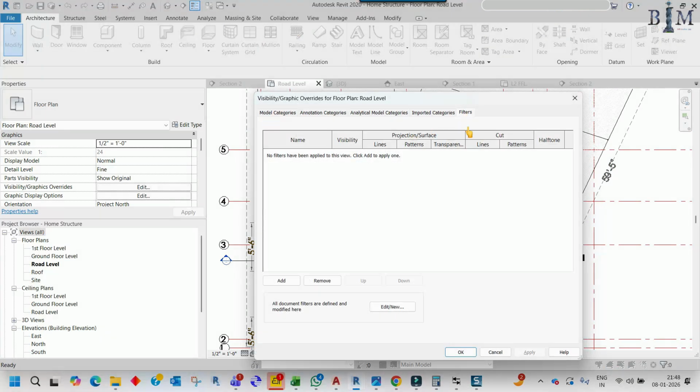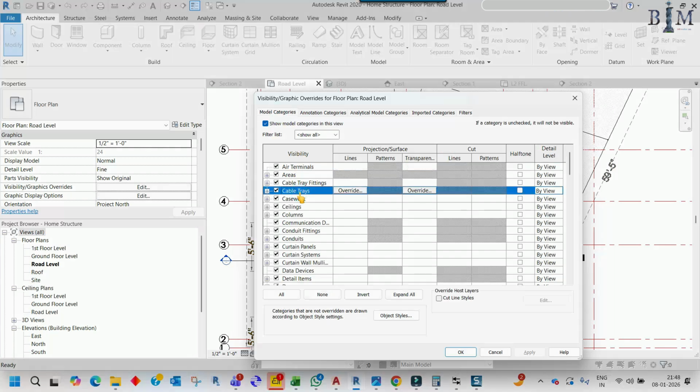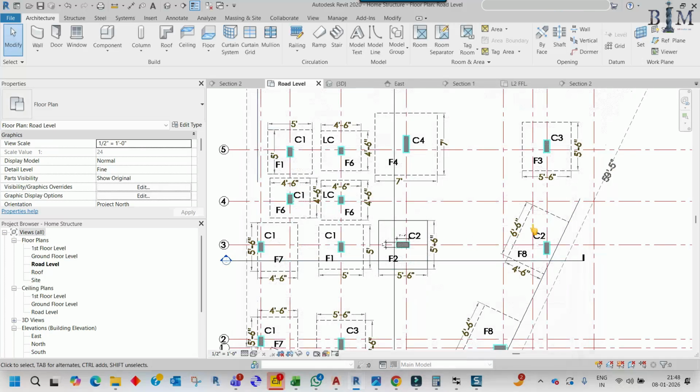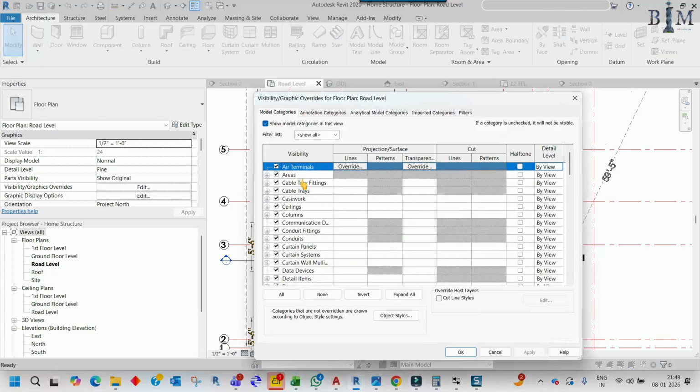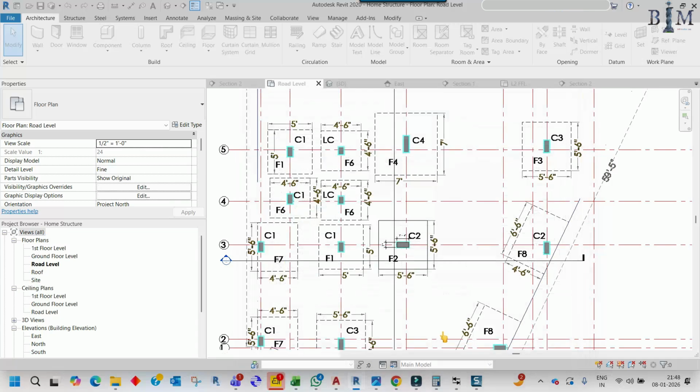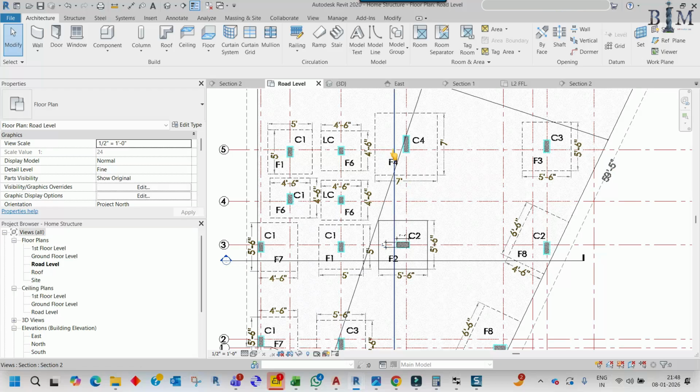and here I have to go to the model category, and here the floor, you can see the floors. I don't need to show them in the plan, so just click OK. Now the floor is vanished, so I have to hide the hatch, so this is the only solution. So again VV, and here floor I need to show them, and okay,